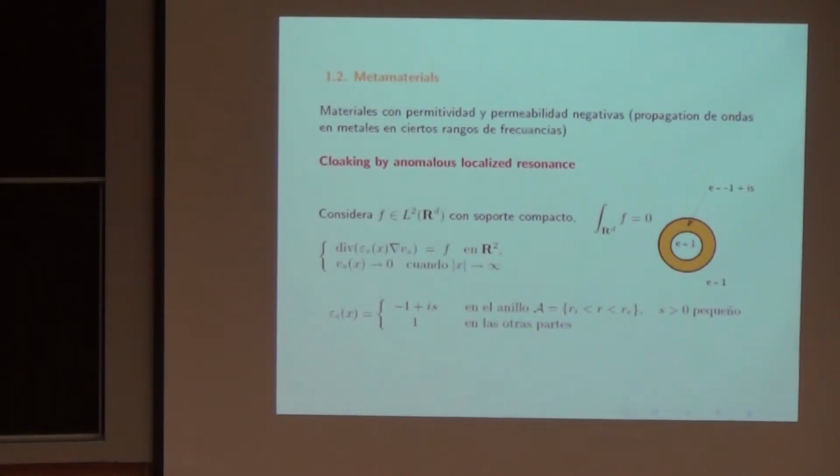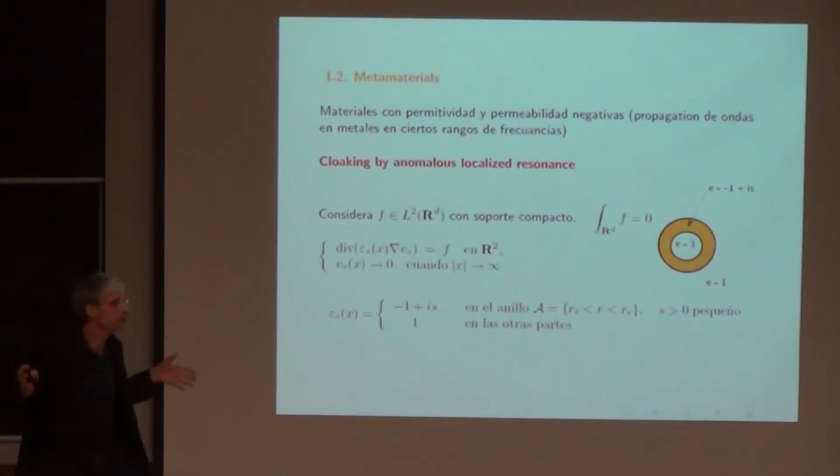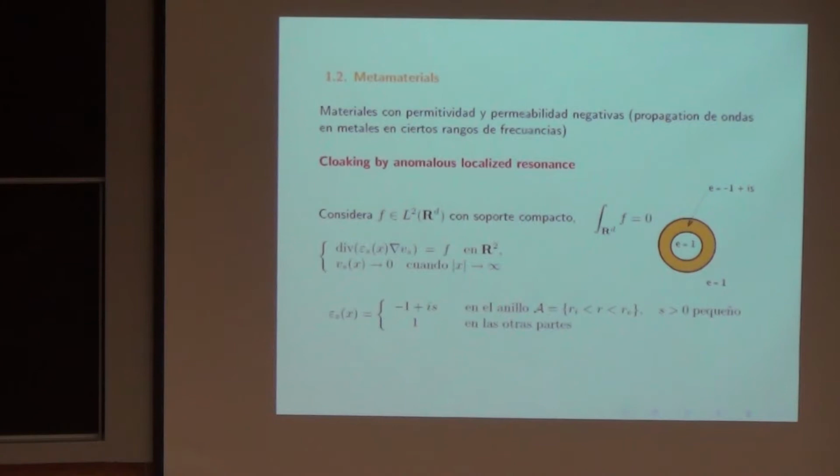Okay, second type of application where we'll see the Neumann-Poincaré operator, which is very much related to the first one. This is about cloaking, cloaking by what is called anomalous localized resonance. So I think a number of you have seen, or have kids that have seen, the Harry Potter movies, where you have this cloak. You can achieve these sort of things by using what is now called metamaterials. Essentially, these are materials with permittivity and permeability, that is the coefficients that characterize the materials from the point of view of Maxwell's equations, which are negative,